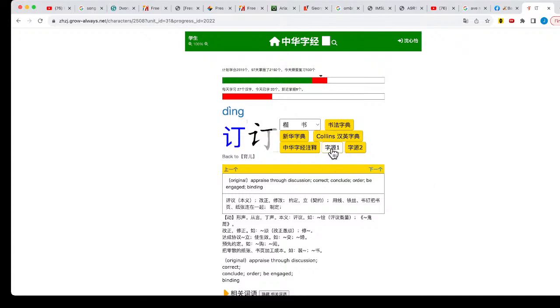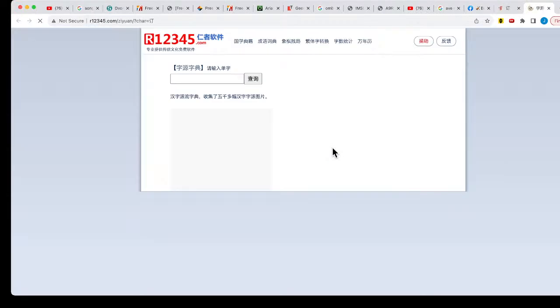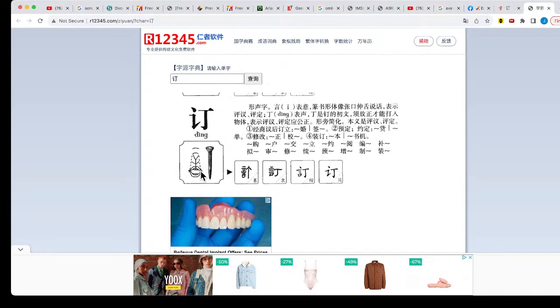订, okay. Now let's take a look at this character. On the side, this talking head again. Why? Because naturally this is to discuss and evaluate, so people have to talk, right? And then on the right hand side is the word 定. Of course, this is providing the sound, and so now why use a nail, a 钉, on the right, not only providing the sound,